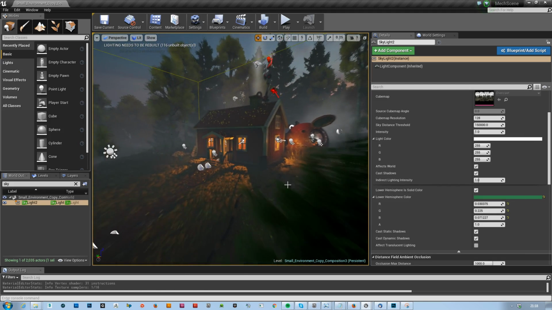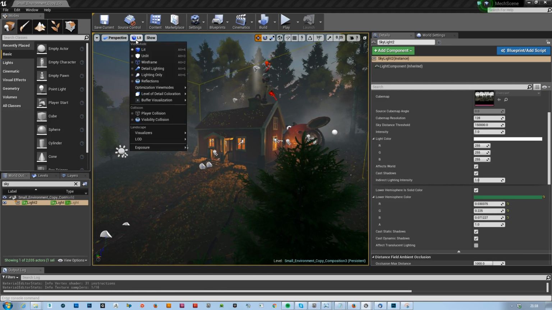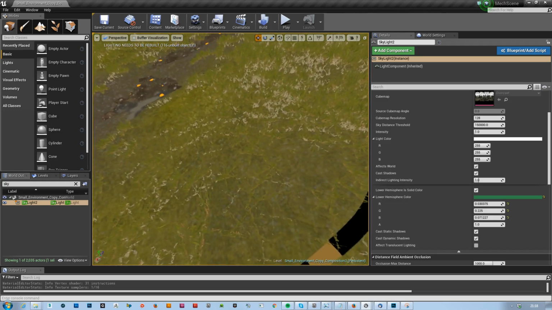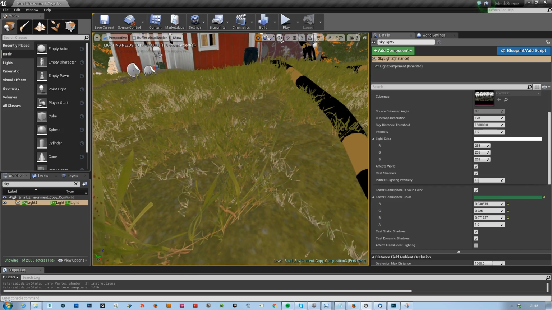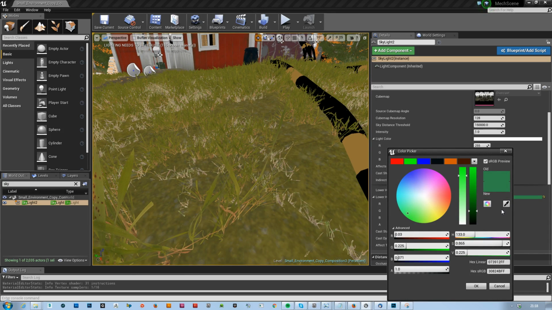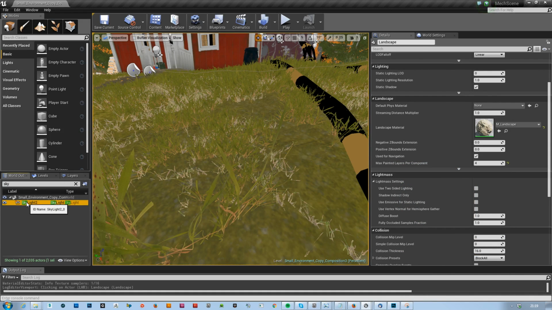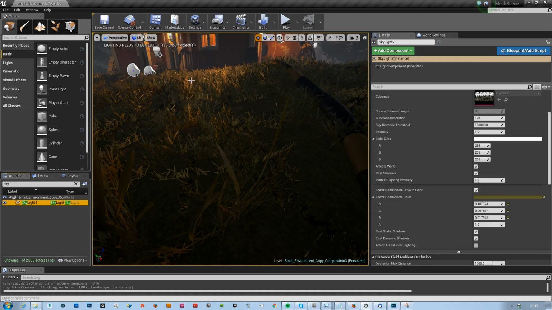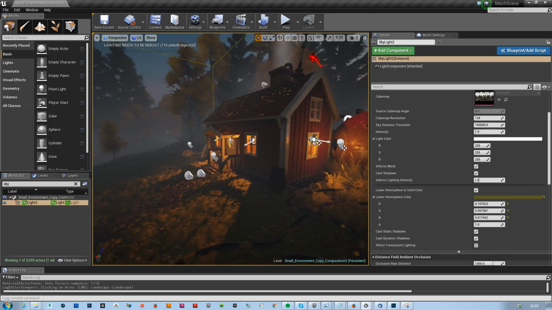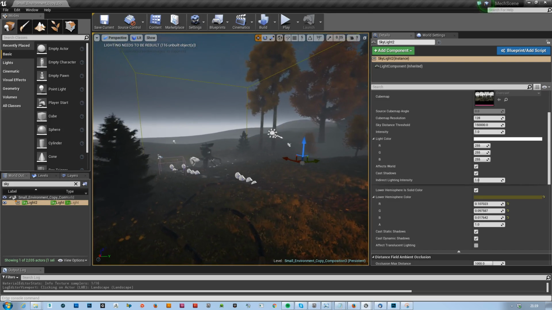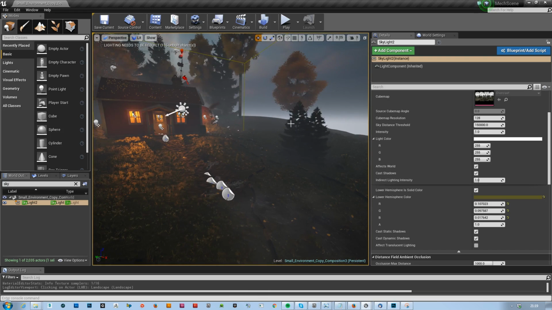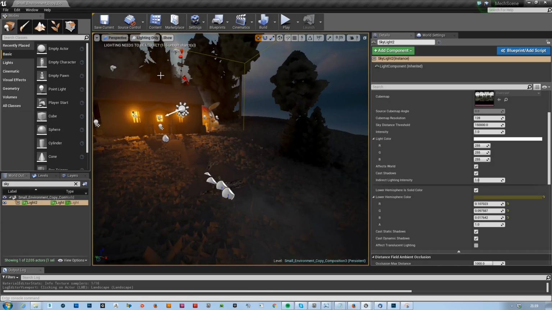So what we're gonna do is go into this. And now I'm just fooling around because this is me trying to find the values that I actually really like. So now I'm gonna grab this color and let's see how that looks. So that already looks a lot more like what I would usually expect to get. If we go back to lighting only,